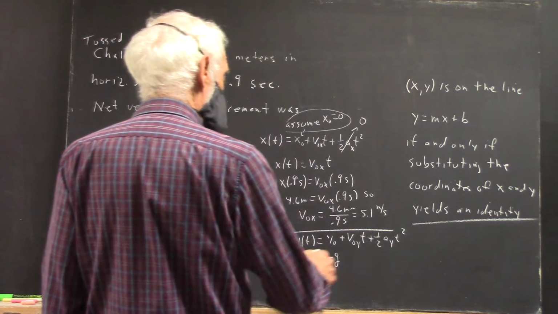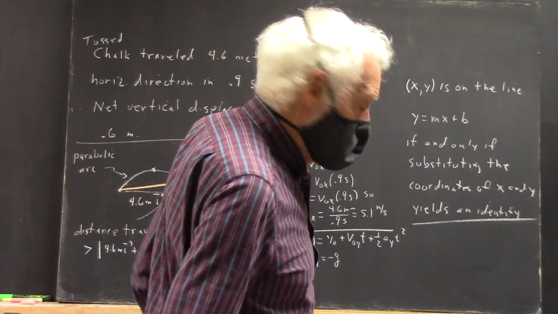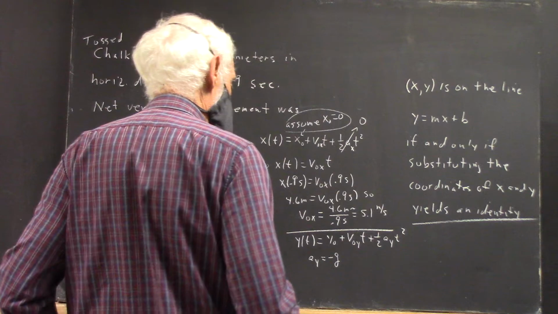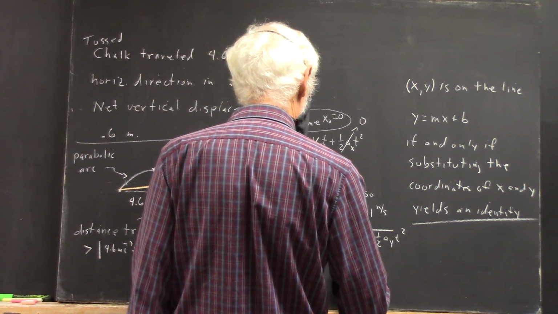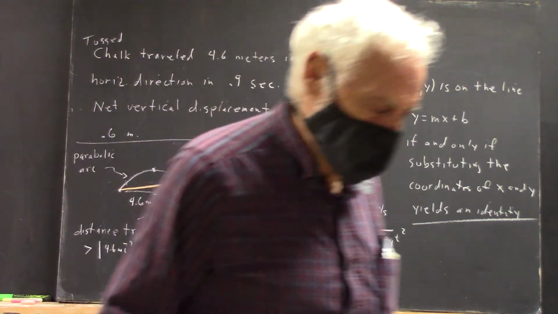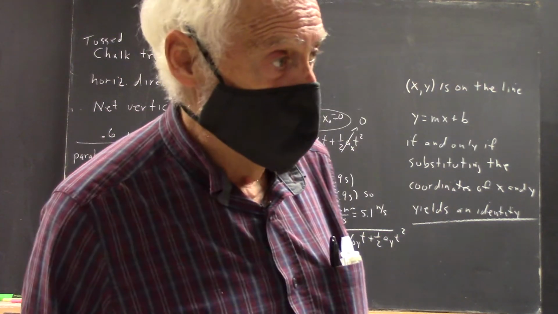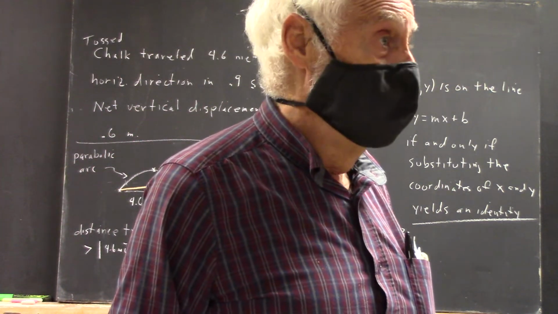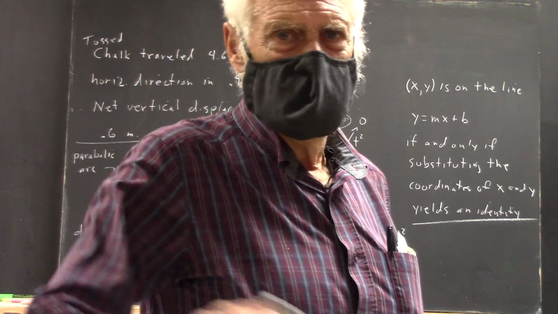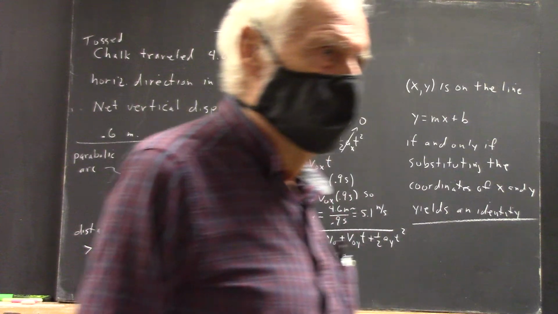I'm going to call that negative g. We use little g for the magnitude of the acceleration of gravity. And in open math, you're going to want to use 9.8 meters per second squared, maybe even 9.81 meters per second squared, because they're picky about that,